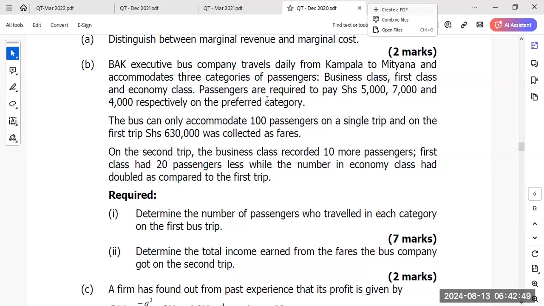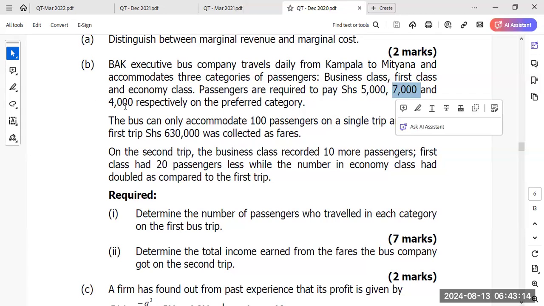Passengers are required to pay shillings 5,000, 7,000, and 4,000 respectively on the preferred category. If you fall under business class, then you pay this. If you fall under first class, you pay 7,000. Then under economy class, you pay